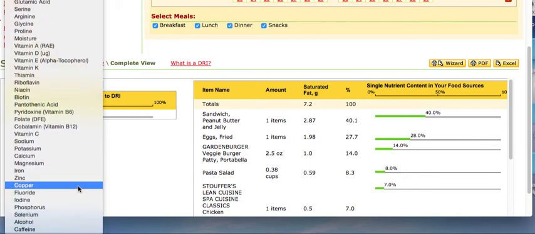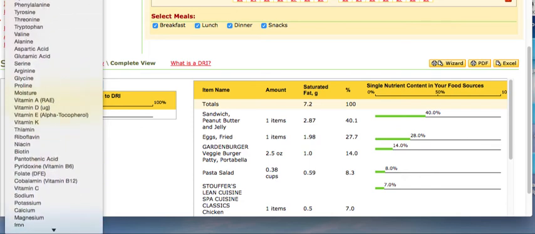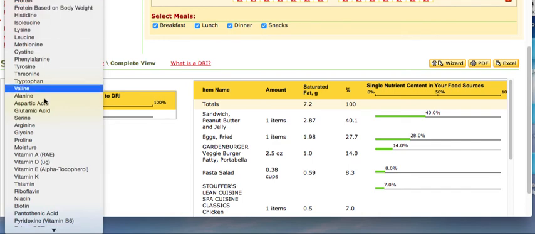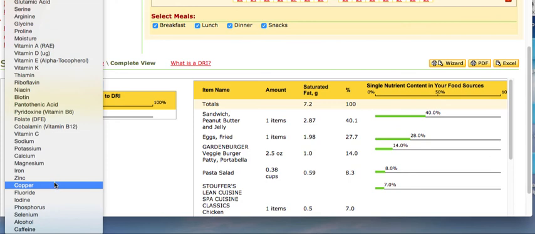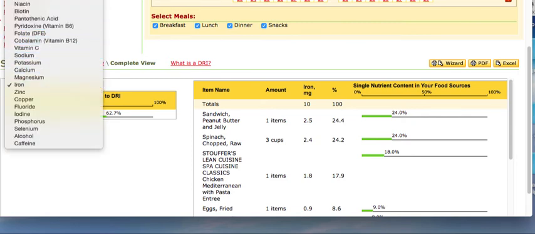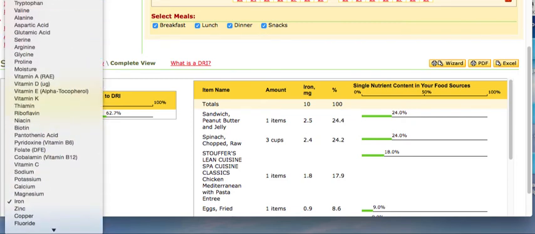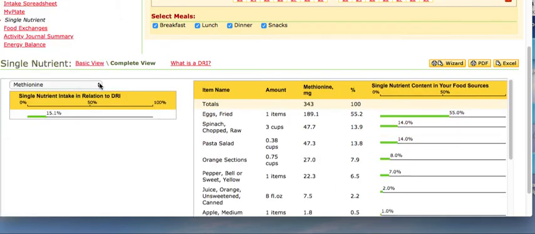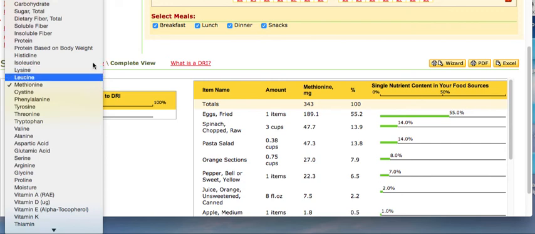There's a lot of different single nutrients that you can look for, and this might be just fun for you to go through. Let's say you're particularly worried about your iron intake. Then you could get a nice little list of the foods you ate over that period of time that contain the various amounts of iron. So for our purposes though, as you're going to see, you're going to actually need,